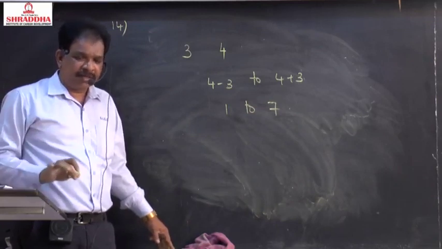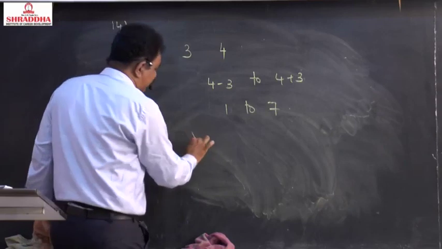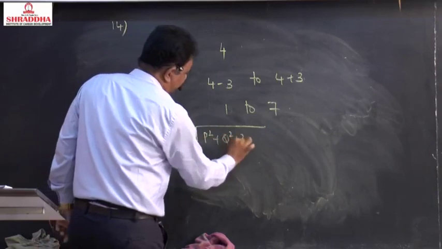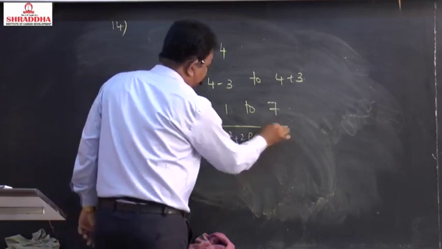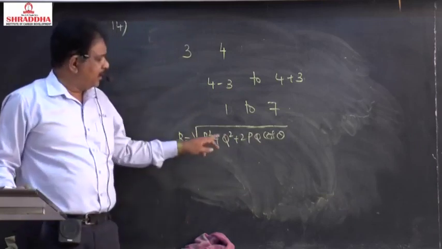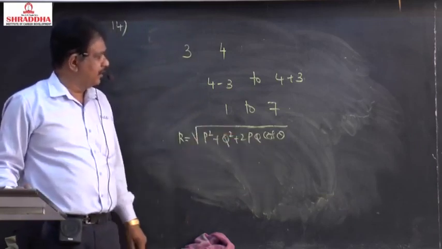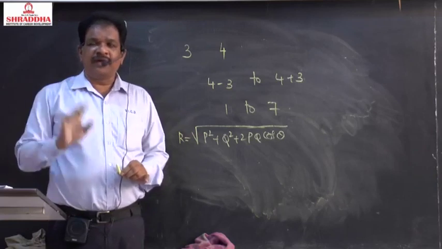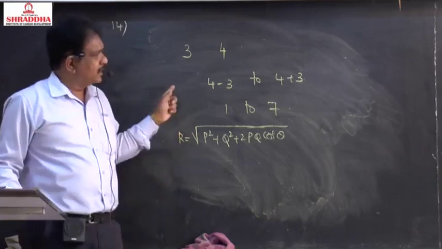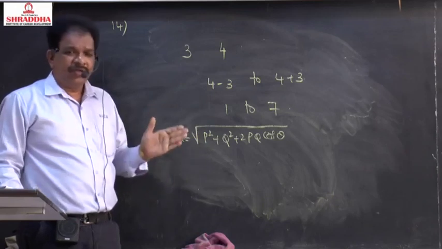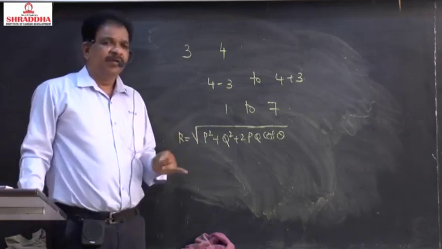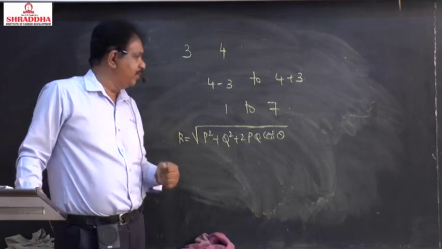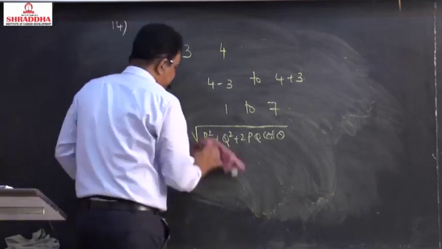The parallelogram law of vectors says R is equal to P square plus Q square plus 2PQ cos theta. It depends on the values of P, Q and also the theta value. That's why if two vectors are there, their magnitudes are A and B, then their resultant is in between A minus B to A plus B. It may be A minus B, it may be A plus B, or any value in between. Now you tell me the answers for this statement.